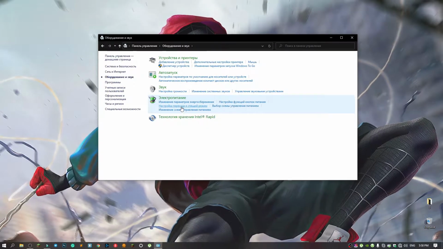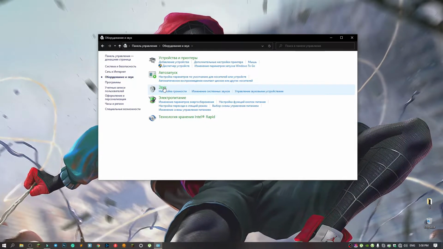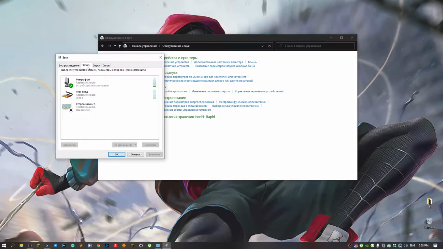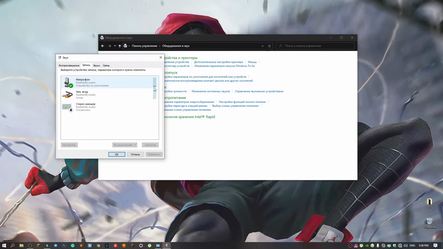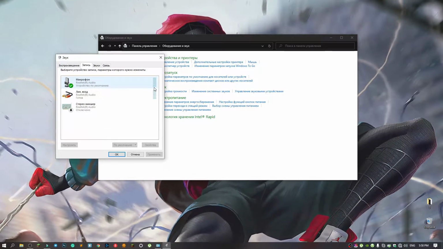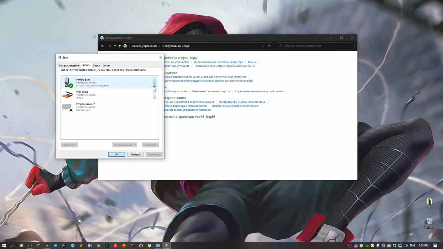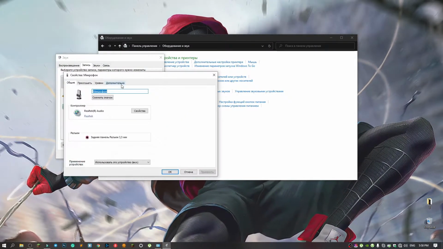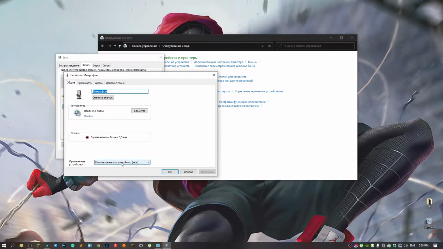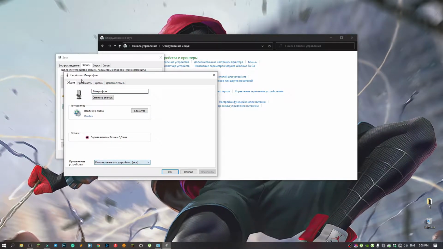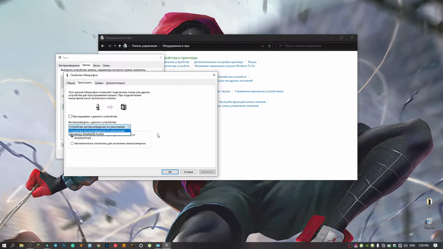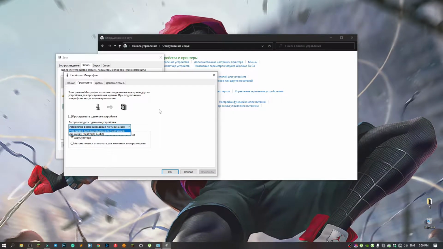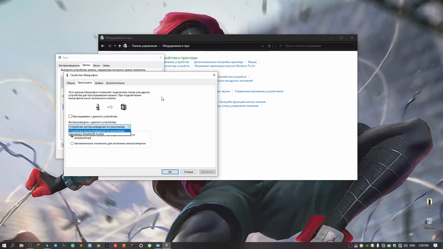hardware and sound, then recording, and here is something playing. If it's playing, then it's working. If it's playing but your microphone is not working, click on it twice. Just make sure it's turned on and make sure